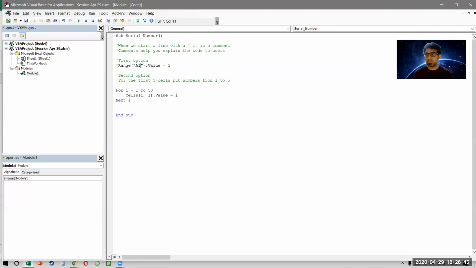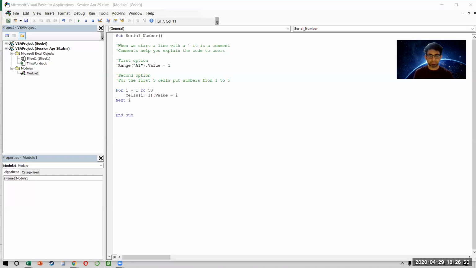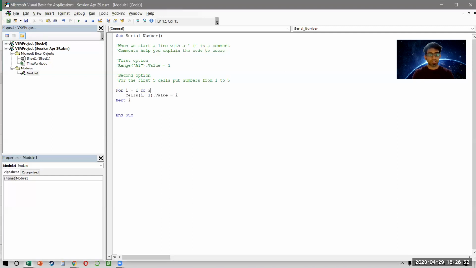Okay, there's one more question. For I, sure. So I'll take the first example we did. What is I? Think of it this way. I is nothing but my row, right? The first thing I want is to go to the first row, which will be 1, 1, because I will start at 1. Then I will be 2, and then 3 and 4 and 5. So in my first 1, 1, I'm putting 1. Then in 2, 1, I'm putting 2.